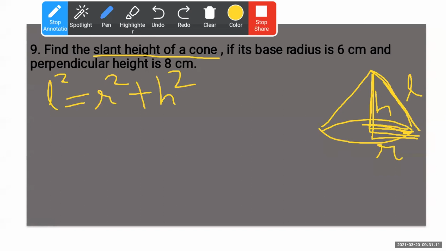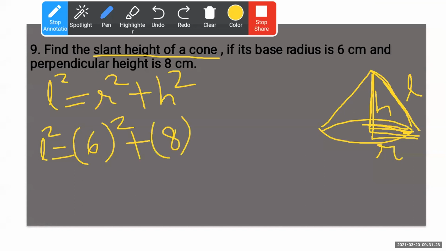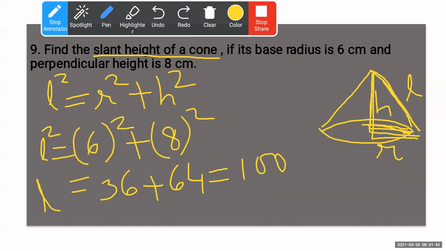So let us see how to find out the slant height. That is, L square is equal to r square plus h square. So L square is equal to r square, r is how much? 6, plus h square. H is nothing but 8 square. 6 square 36 plus 8 square 64 will give you how much? 100. So L square is equal to 100. But we want what? L, that is the slant height. So taking the square root on both the sides, L will be what? 10